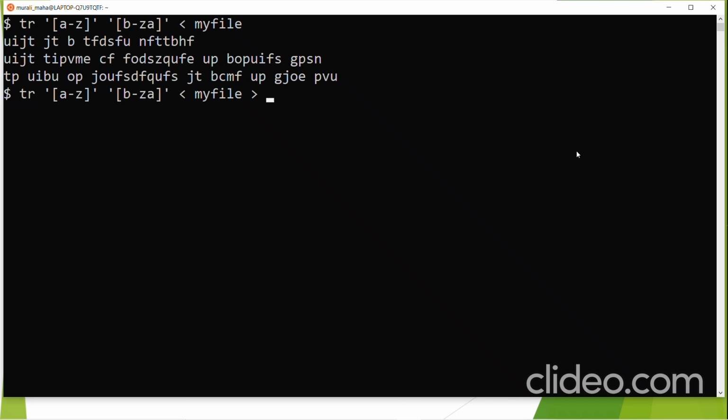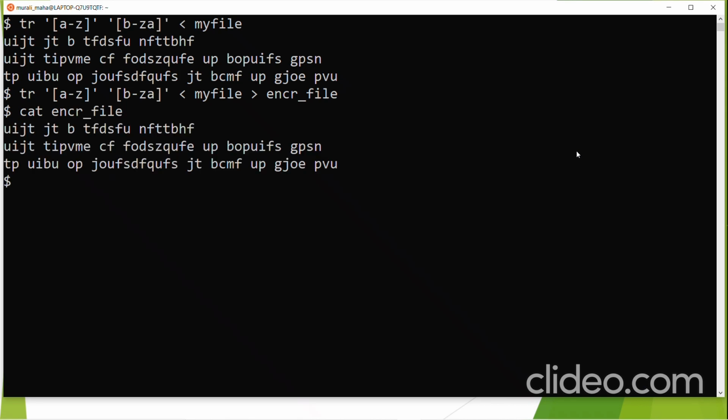What if I want to write the output to some file? encr file. Now this encr file contains the jumbled contents. I want to change the jumbled contents back to the original content. How do I do that? I just put it the other way around.